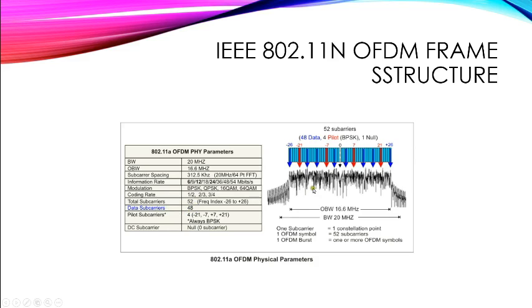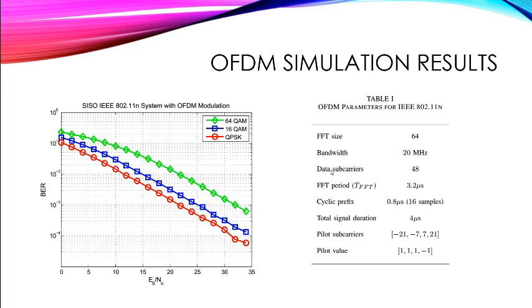The symbol will also have other areas which are called the preamble, and they are used for channel estimation, but they are not important for the purpose of our project. So as we can see here,